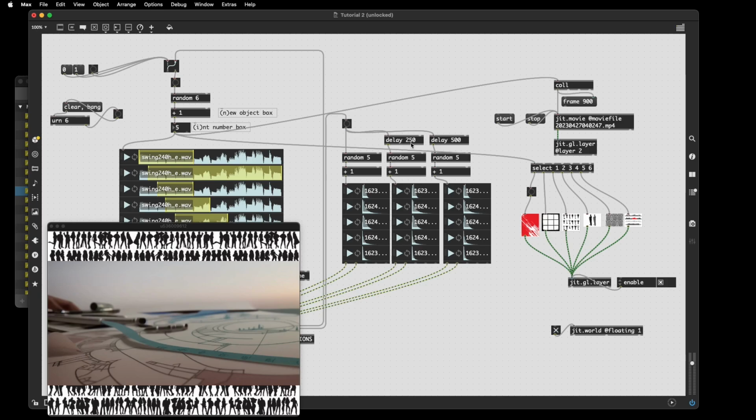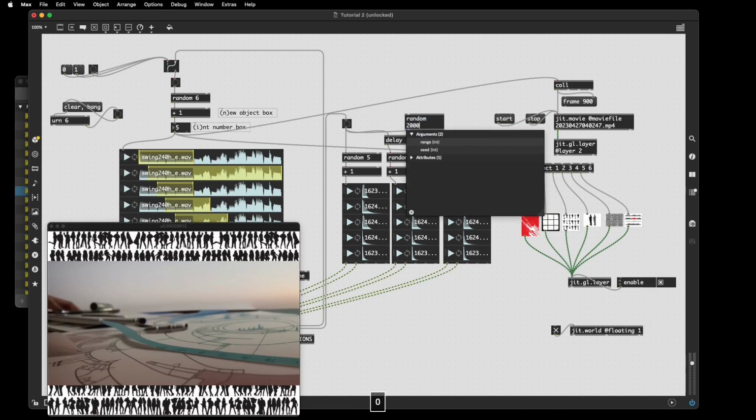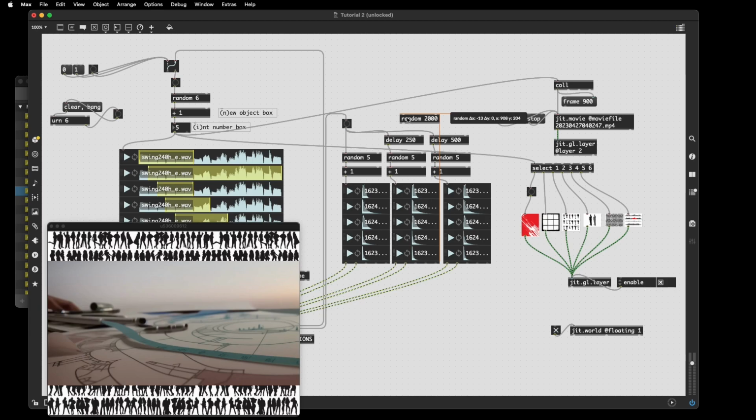So right now this value is set at 250 milliseconds, a quarter second, and this one's set at 500 milliseconds. I could, for instance, have the delay randomly selected anywhere from 0 to 2 seconds each time